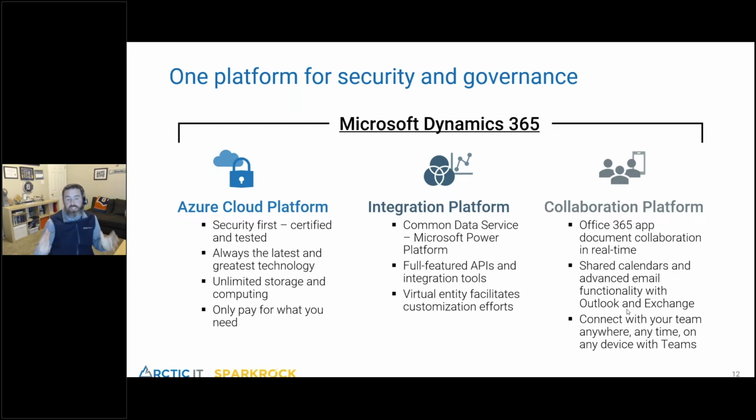Microsoft spends billions a year on their cybersecurity. They run one of the largest cybercriminal task forces in the world, working with different government agencies to not only understand how hackers are operating and how to prevent that, but to catch them and actually work to get them extradited from where they are and arrested and prosecuted to the greatest extent possible, because Microsoft knows that cybersecurity impacts the world in which we live on a minute by minute basis. And being on that platform ensures that you're always on the latest and greatest technology,